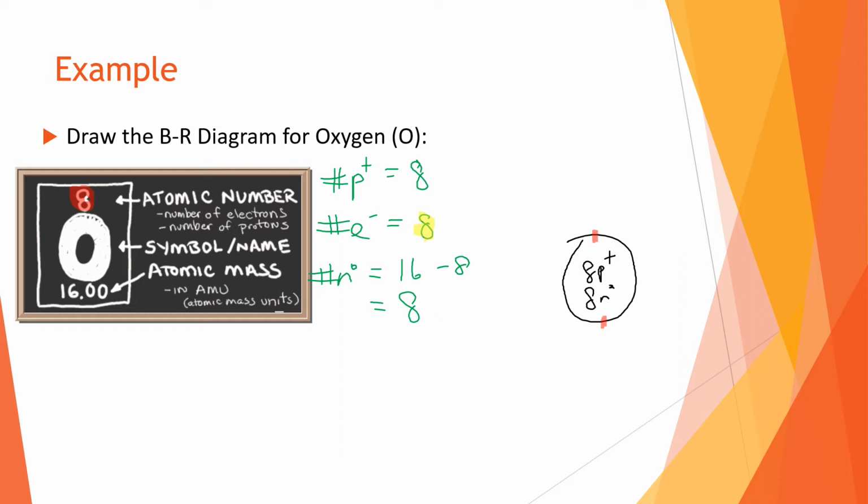The second orbit, so now if we've placed 2, we have 8 total, that means we only have 6 left. So that means that this second orbit is only going to have 6 in it, and that's okay. It can hold up to 8, because remember 2, 8, 8. It can hold up to 8, but we only need to put 6 because that's all we have left over. So I am going to place the remaining 6, and again, remember, in this order. So 1, 2,